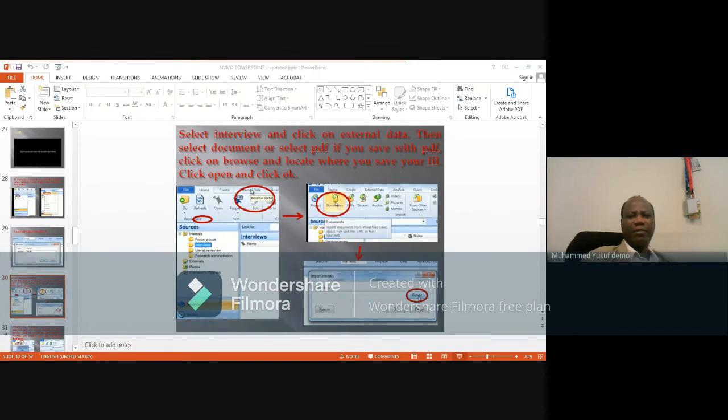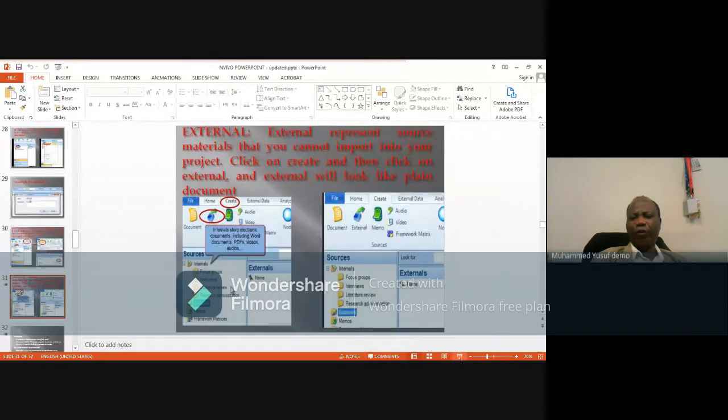external data, then select document or select the PDF you want to save. With PDF, click on browse and locate where you saved your file. It's the same process that we follow. Then browse it. Then after that, you click OK. So external, what does external do for you,